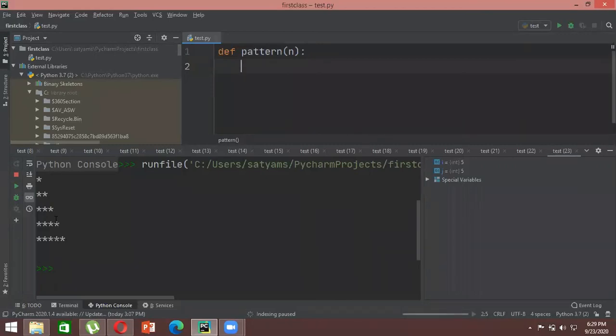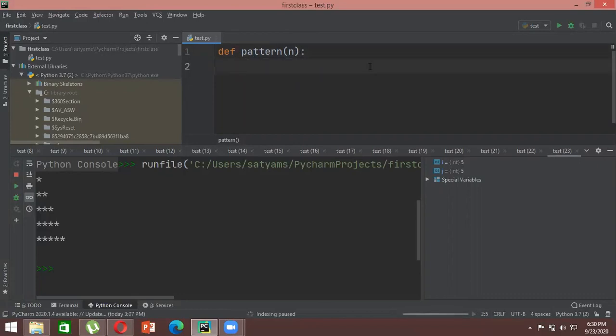In the same way, a function works in Python. That is, you're creating a function in a generalized way, and then you can input whatever you want, and the function will give you the output. That is how a basic function works in Python. Okay, so that's why we have first defined a function here, named it pattern, and we have given it a parameter n. That is, the function name is pattern, and this will depend upon n, which is a parameter.